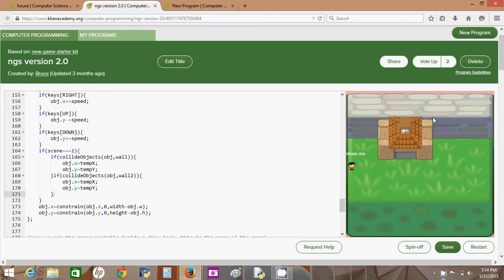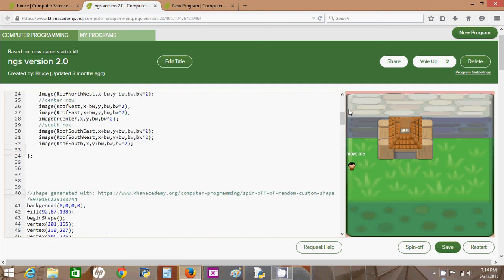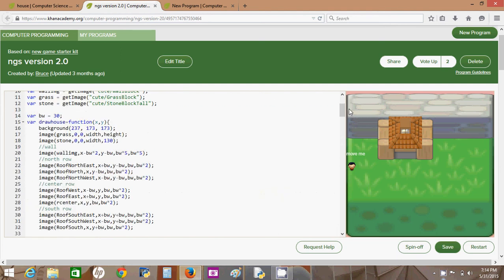But since none of these things are objects, I don't have a quick, dirty way to say if scene equals 2, collide objects this house and this wall. So yeah, screwed myself again. Alright,